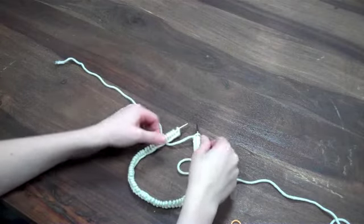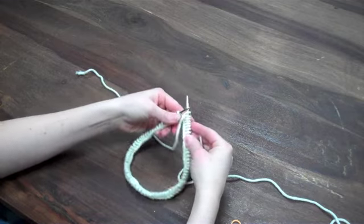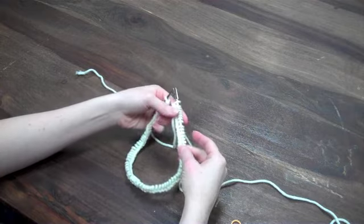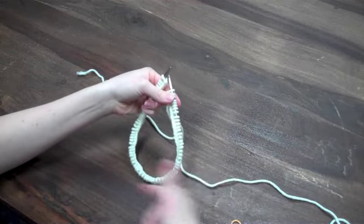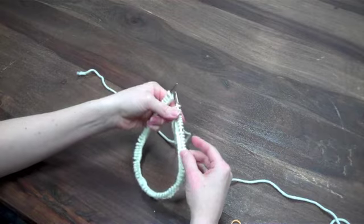Today I'm going to show you how to do a join, to join your work in the round when you're working on circular needles. I'm actually going to show you 3 different methods to do this. What I've got here are stitches, the circumference for a hat on a 16-inch circular, but you can use this method anytime that you're joining work in the round, and I'll give you some of the perks and benefits of